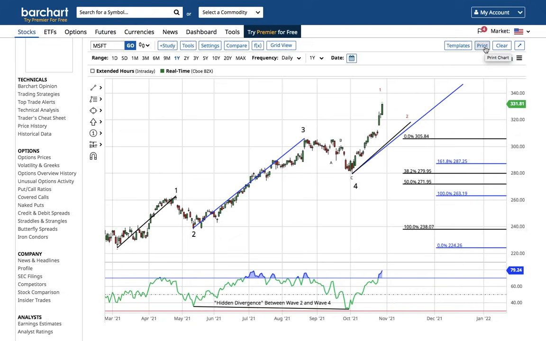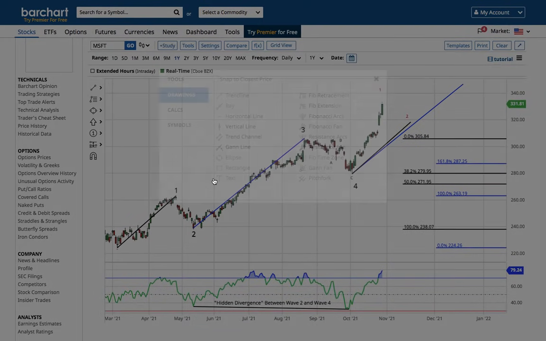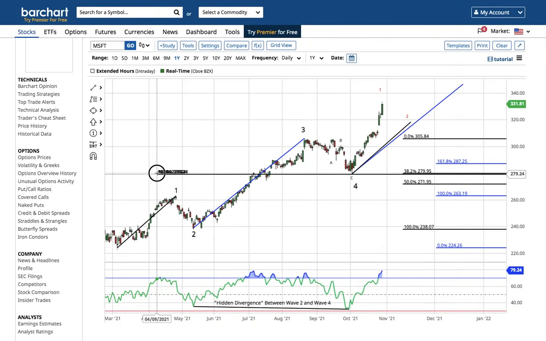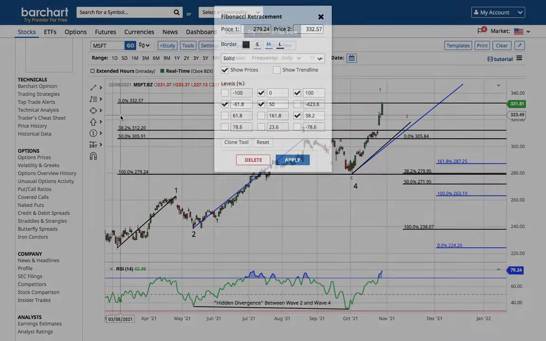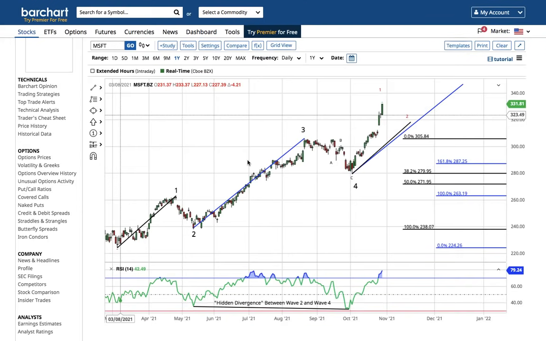But what's important to understand, if we're really calling this a wave 1, then wave 3 is going to be even bigger than wave 1, because remember, we used the 161.8% extension of wave 1 to find the wave 3 target. So if that really is wave 1, Microsoft is going off the chart. It's going to go past 345, right?